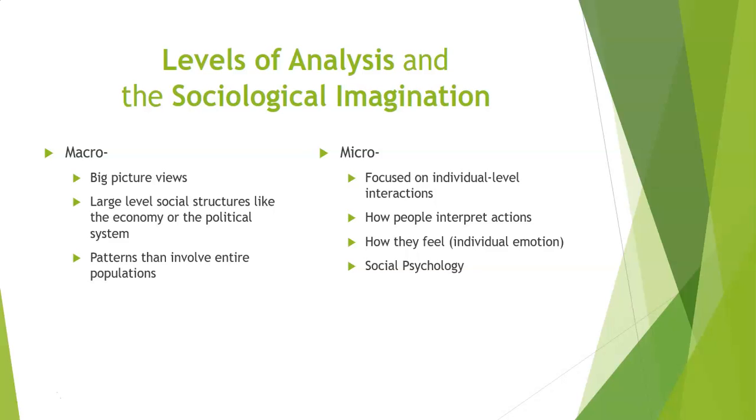Individual emotion, that is the realm of the microsociologist, how people feel in a given situation. And this is where you get into social psychology. Now, the social psychologist, the psychology side of that is where they're really looking at what's going on inside the brain in a given situation. The social part, the sociologist side of the social psychologist line, they're looking at what's being input into the brain, right? And everything, the social situation that's happening that is affecting the brain chemistry.